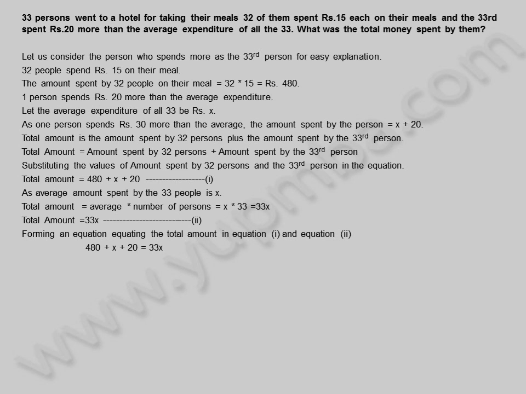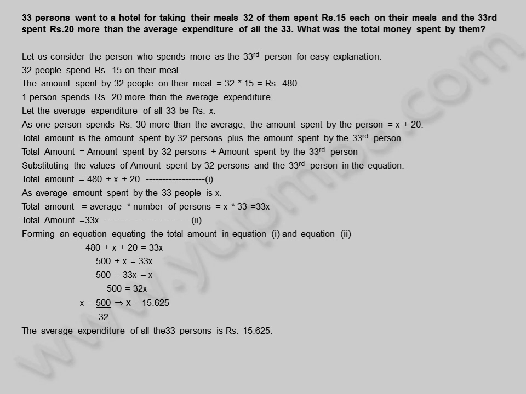480 plus X plus 20 is equal to 33X. 500 plus X is equal to 33X. 500 is equal to 33X minus X. 500 is equal to 32X. X is equal to 500 by 32, implies X is equal to 15.625. The average expenditure of all the 33 persons is